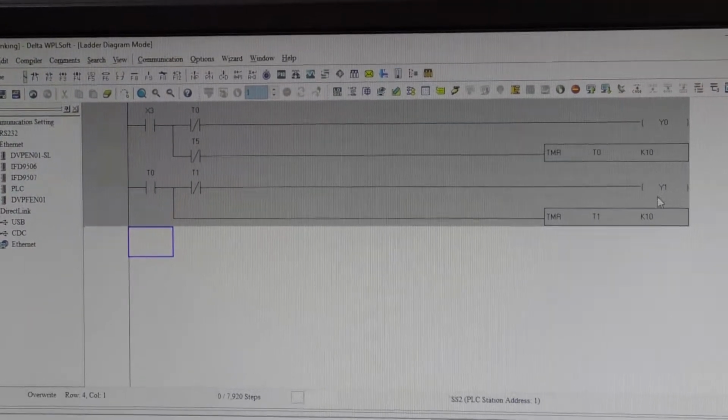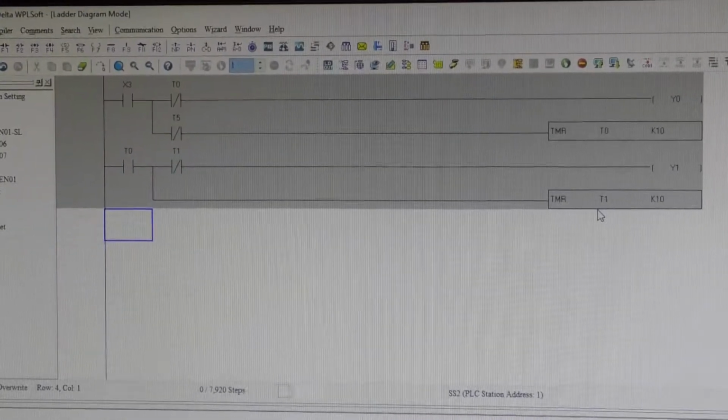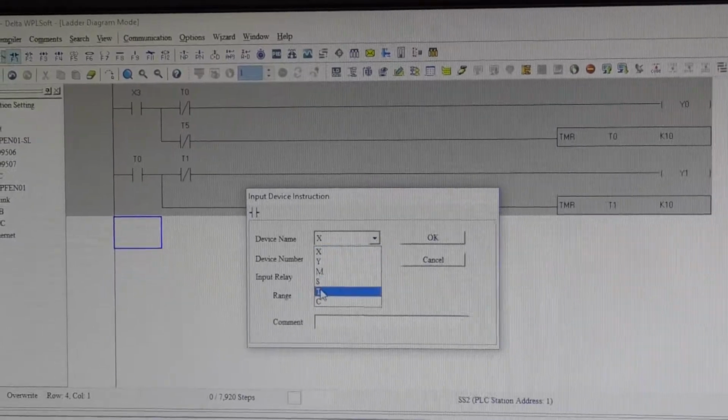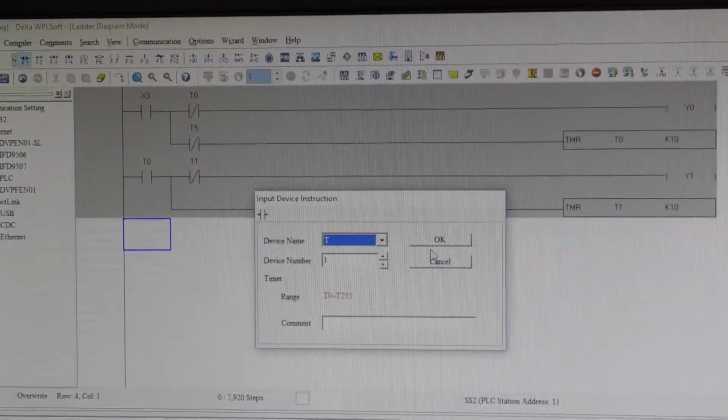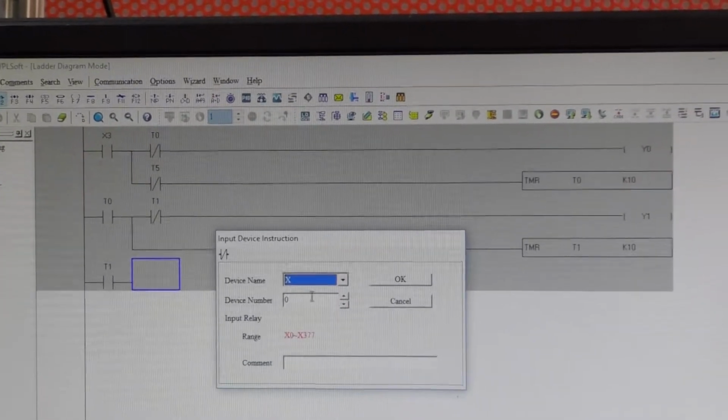Next, similarly you have to do it for 4 more lights, isn't it? So 2 are already there. Now I'm doing again for the 4 lights. The same thing, same logic. So T1 should be on. Okay, so you have to use normally open switch. And then T2 should be closed.